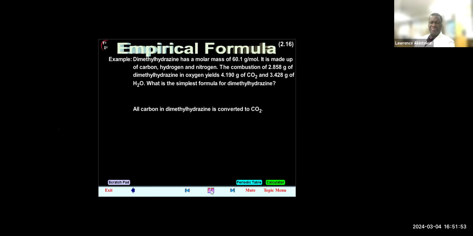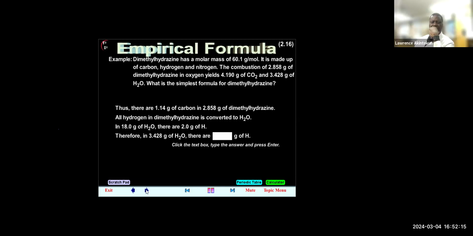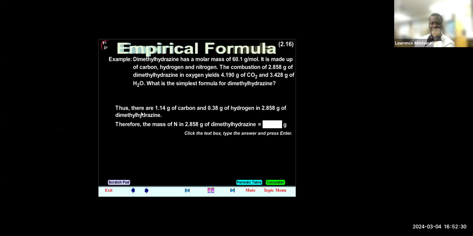All carbon in dimethylhydrazine is converted to CO2. In 44.0 grams of CO2, there are 12.0 grams of C. Therefore, in 4.190 grams of CO2, there are some grams of C. Therefore, in 3.428 grams of H2O, there are some grams of H. Therefore, the mass of N in 2.858 grams of dimethylhydrazine is equal to